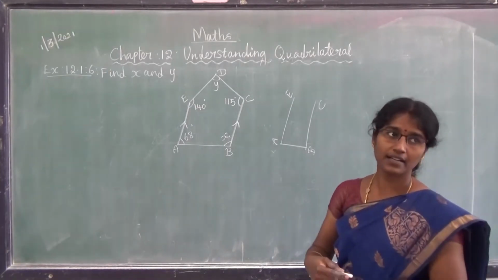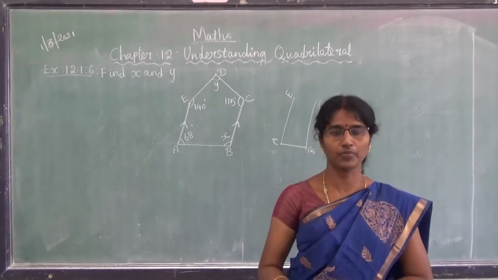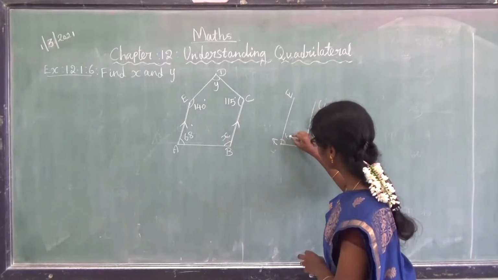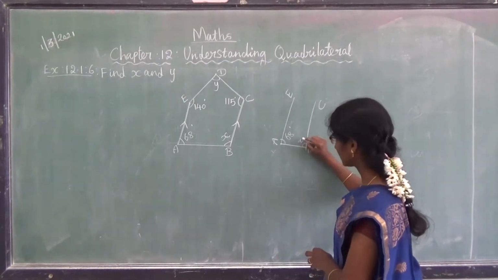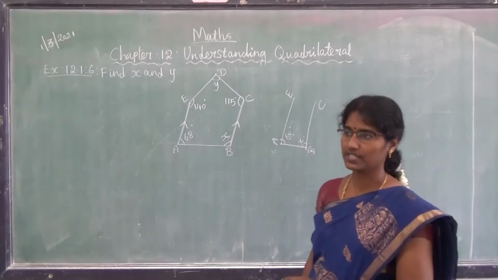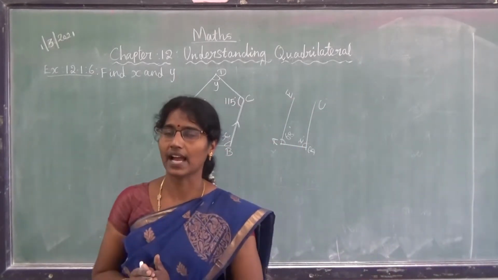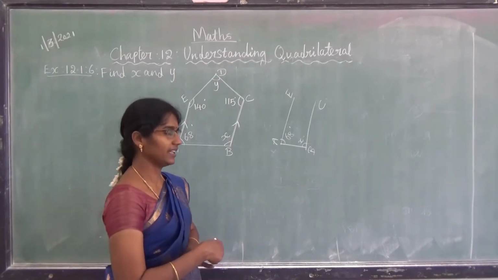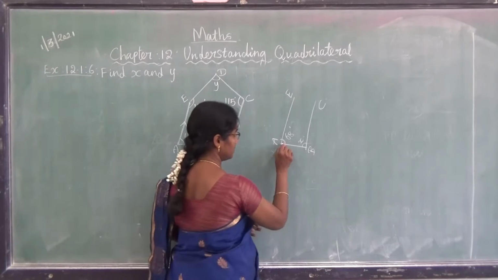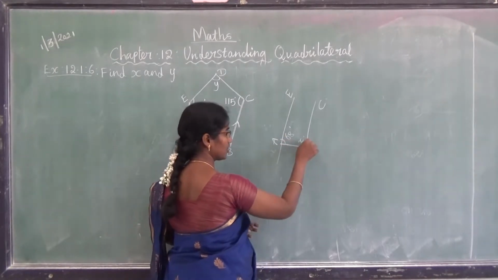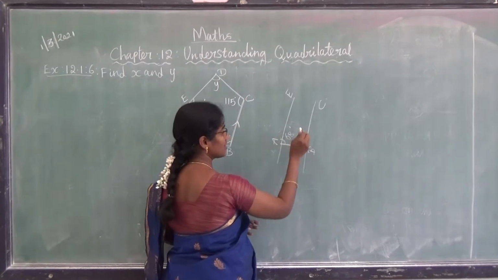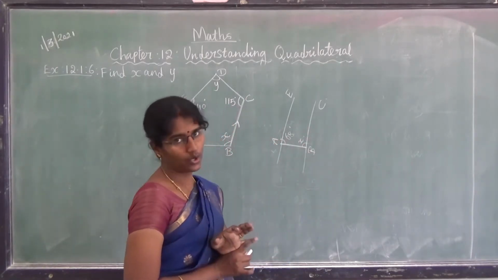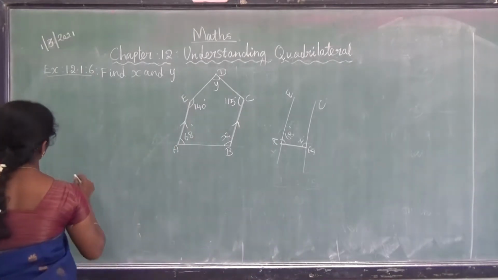If two parallel lines are cut by a transversal, we studied a lot of properties. Using that we are going to find the value of x. Here it is given as 68 degrees. Now what is x? The property we are going to use is that the sum of two interior angles on the same side of the transversal is supplementary, that is 180 degrees. This is the transversal, these are the two parallel lines, and both the angles are on the same side. So if we add these two angles, the answer must be 180 degrees. Using that concept only we are going to find it.